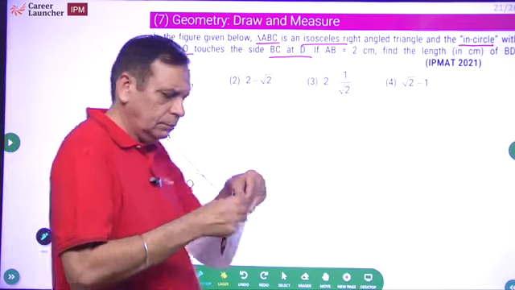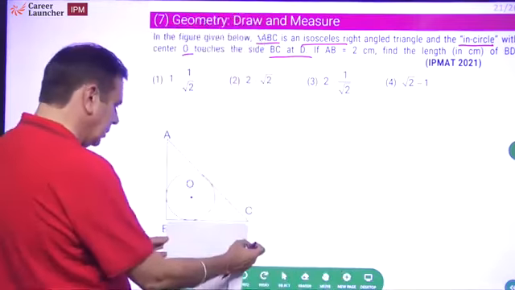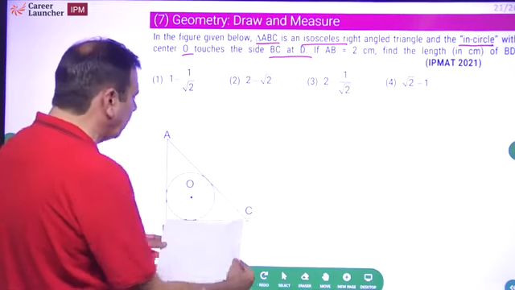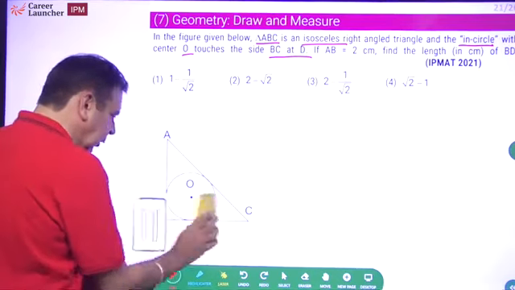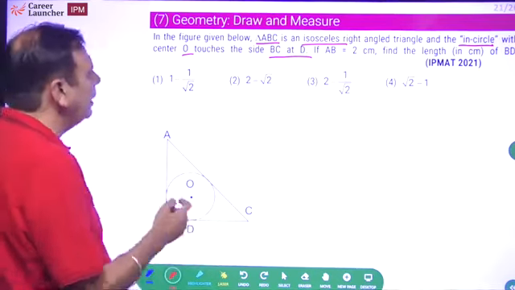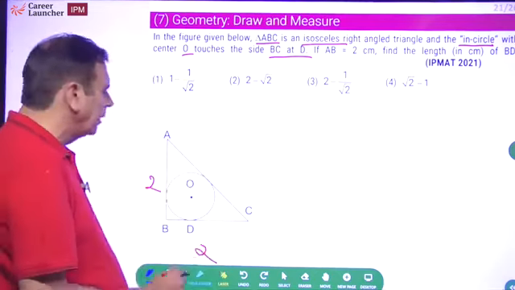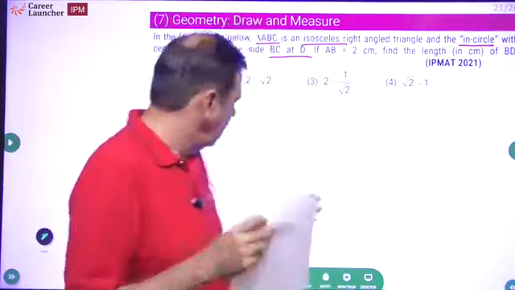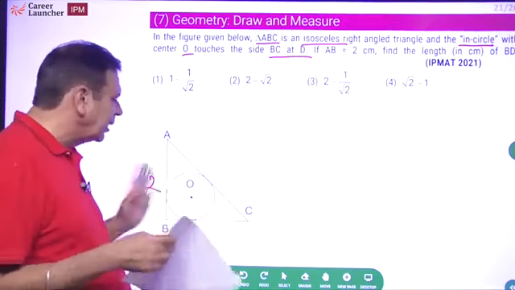Yeah. So, this is 2 centimeter. Let's check out BC. BC is also correct. So, when you look at this figure, the figure is correct. Why is it correct? The question says that AB is 2 centimeters and it's an isosceles triangle, so BC should also be 2 centimeters. As far as the figure is concerned, for me this is 2 centimeters and both AB and BC are 2 centimeters.